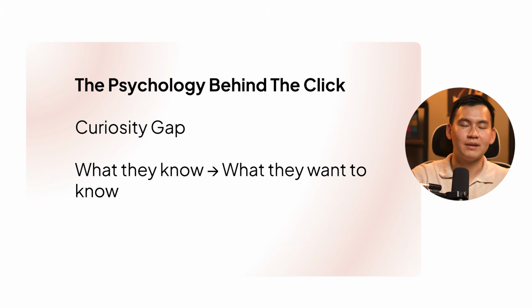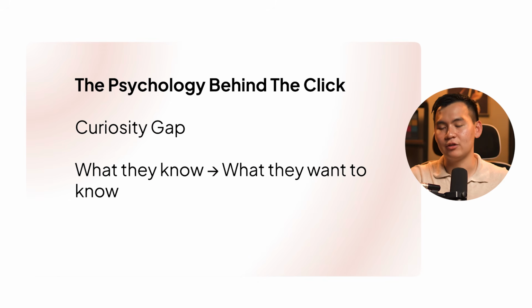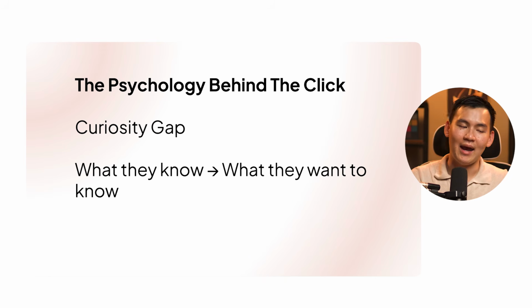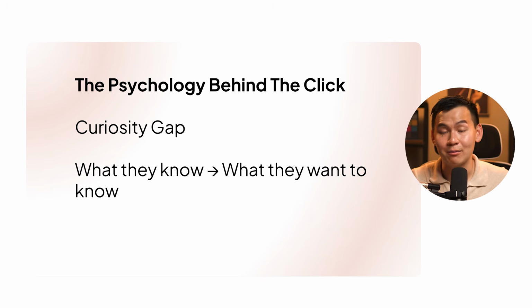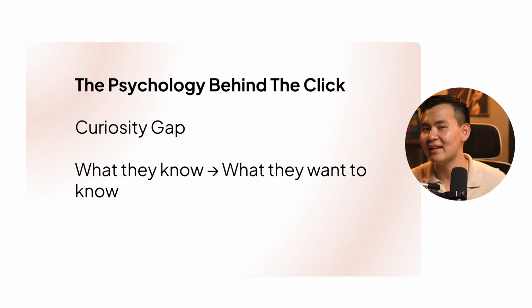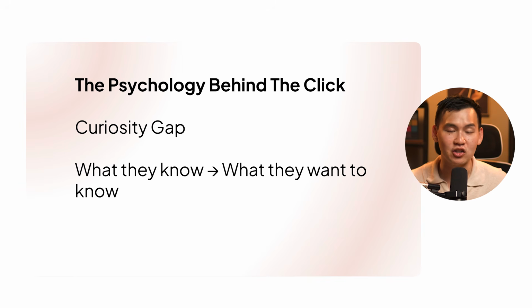So let's get into some of the theory behind the psychology of the click. Really understanding some of this psychology will give you a much better idea as to what kind of content you want to make and what the thumbnail's composition should be. And when you're prompting it with AI, once again, start with the end in mind, right? Understanding what a good thumbnail is, is the first step to actually prompting it with AI. So I'm going to give you some of that sauce today.